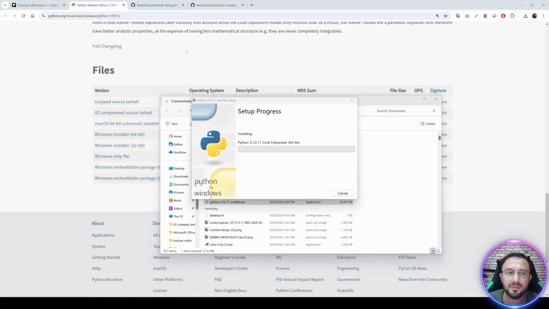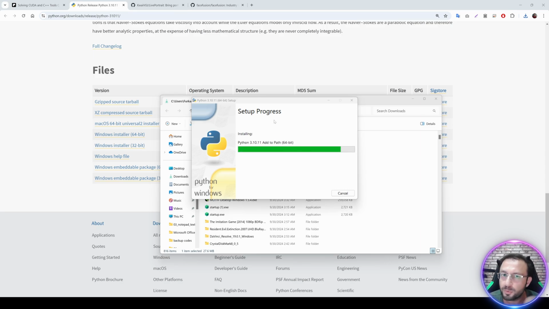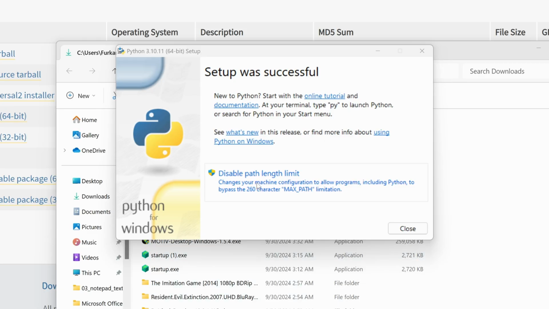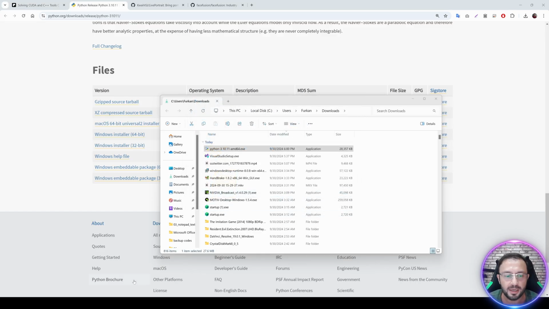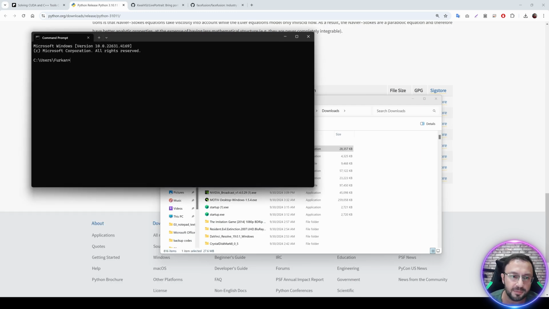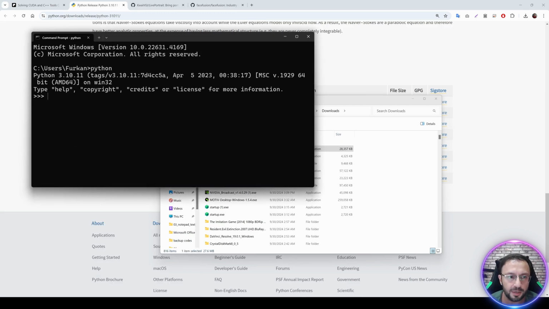Once this is completed, I will install Python 3.11, not 3.10, and then I will show how to switch between each one of them. So you can have both of them, and make one of them default whenever you are using. Okay, it is asking me to disable path length. This is important. Disable path length. It will ask you permission, click yes, and it is set up and it is completed. Now, if I start a new CMD window and type Python, I should get Python 3.10.11.